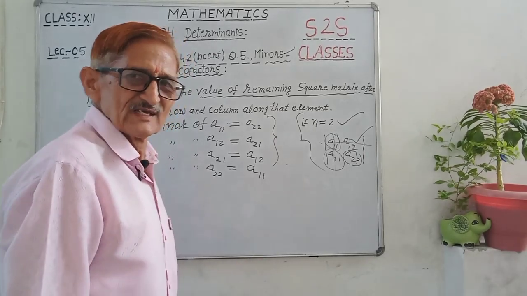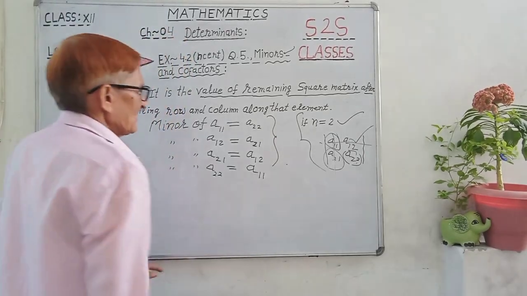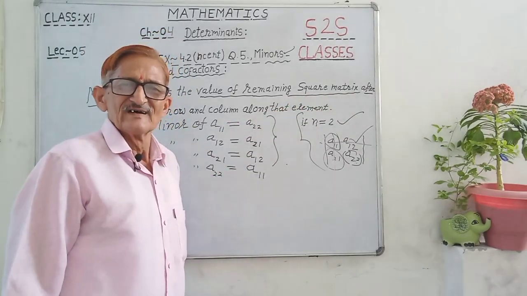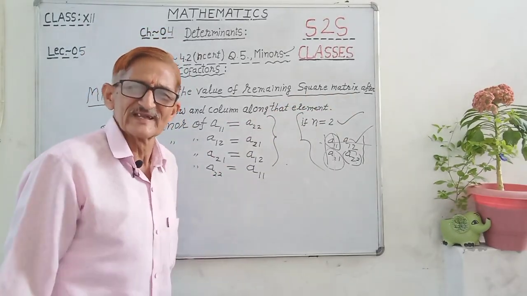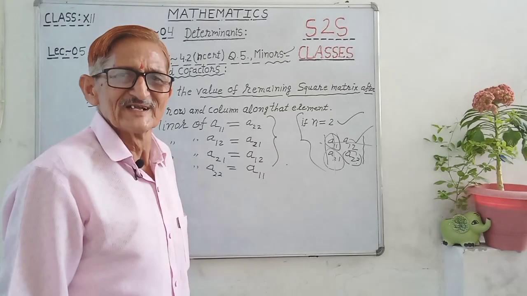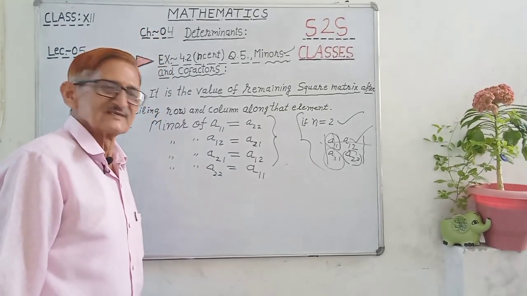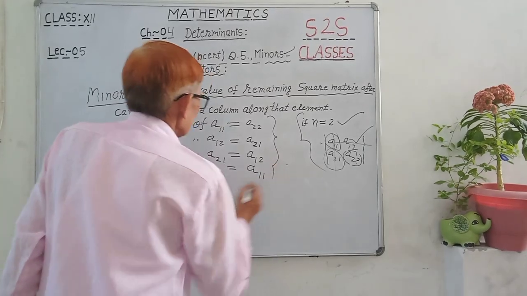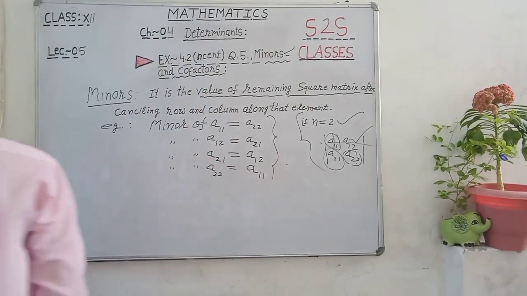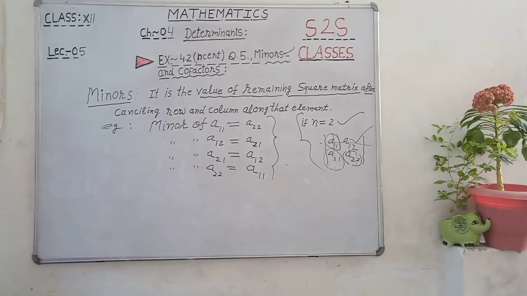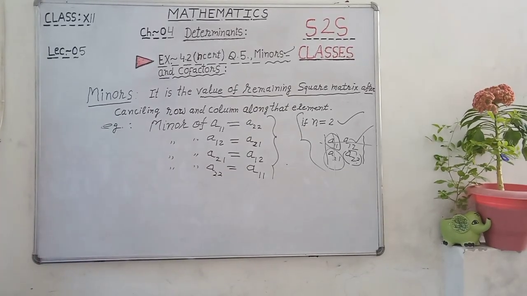Now 3 by 3. If 3 by 3, then similarly the remaining square matrix, you know we expand like this. Minor is used in the expansion also. Only the remaining, but now you understand the next point, cofactor, you will understand similarly in the 3 by 3 also. One example I have given here, you can do that.